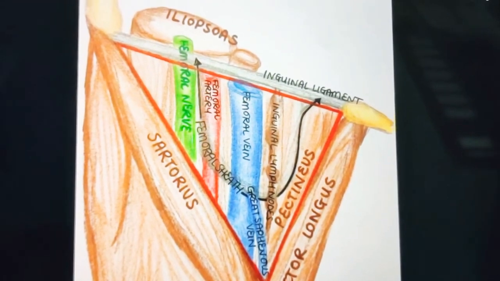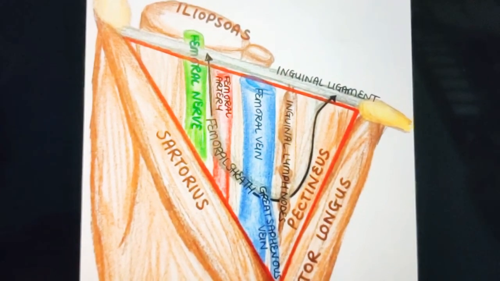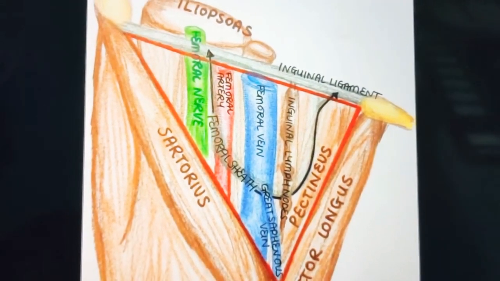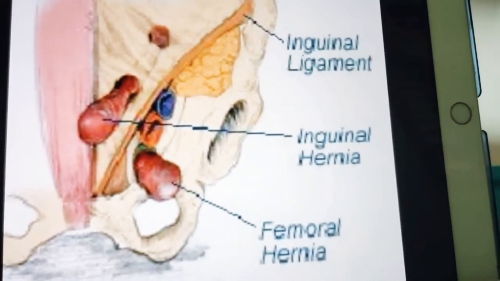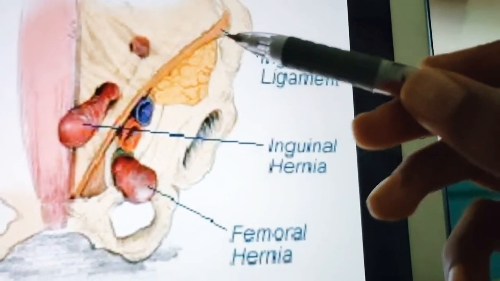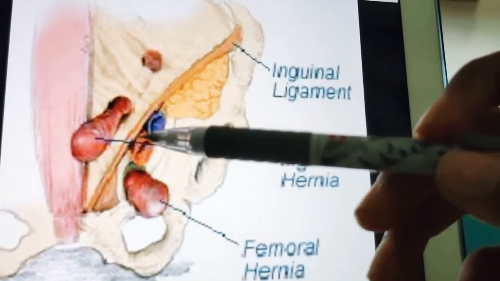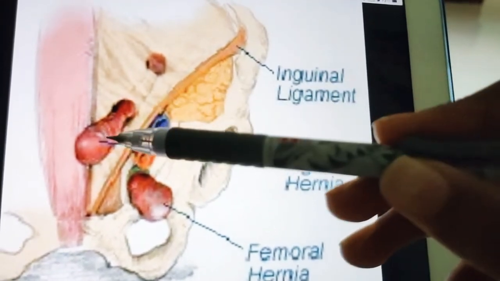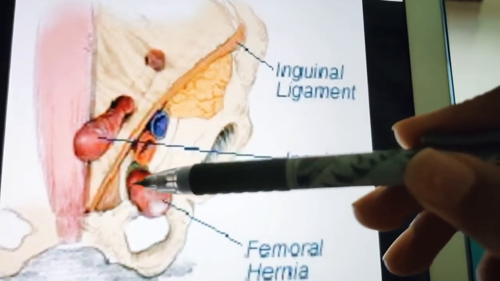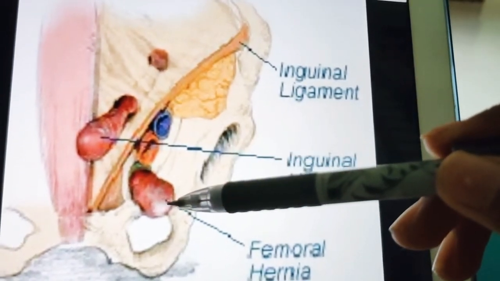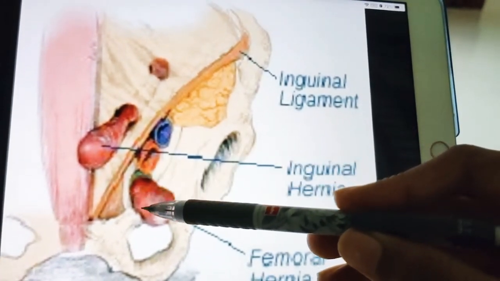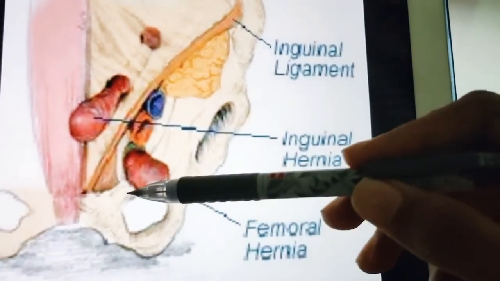Finally we'll discuss the clinical anatomy related to it. Sometimes you see a condition called femoral hernia. Let us switch to the other diagram. Before starting femoral hernia, you need to understand what inguinal hernia and femoral hernia are. The division is defined by the inguinal ligament. If the hernia is above the inguinal ligament, it's an inguinal hernia. If the hernia is below the inguinal ligament, in the femoral canal where you have the lymph nodes, next to the femoral vein and femoral artery, that is a femoral hernia.